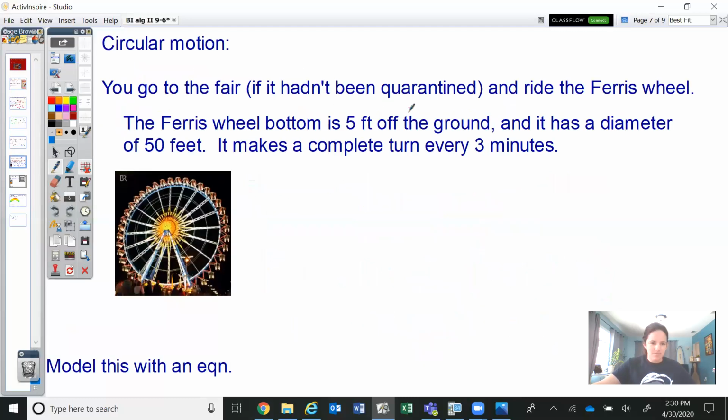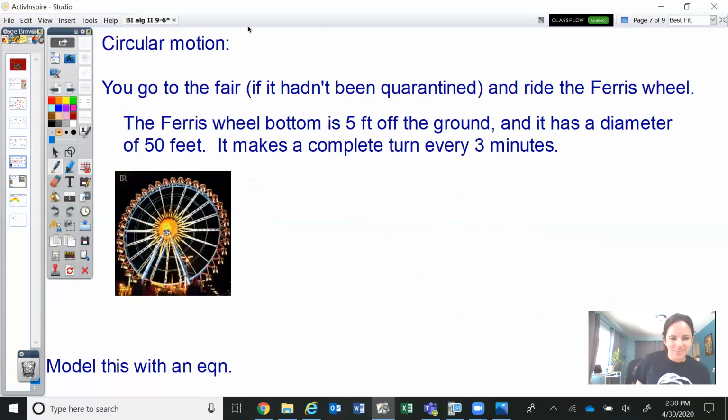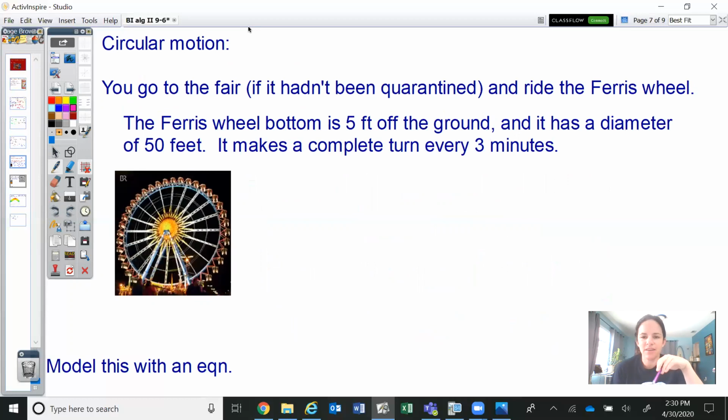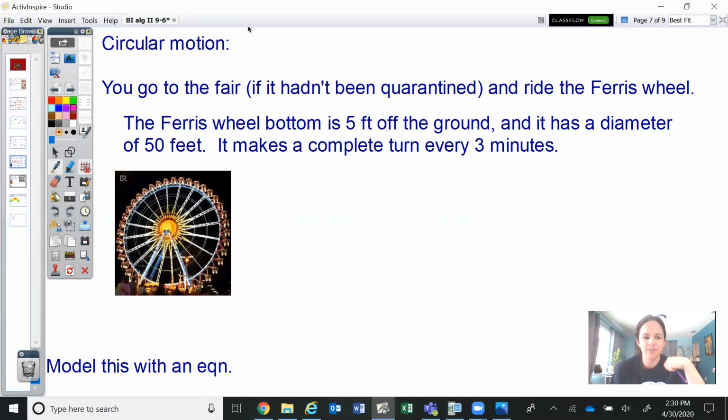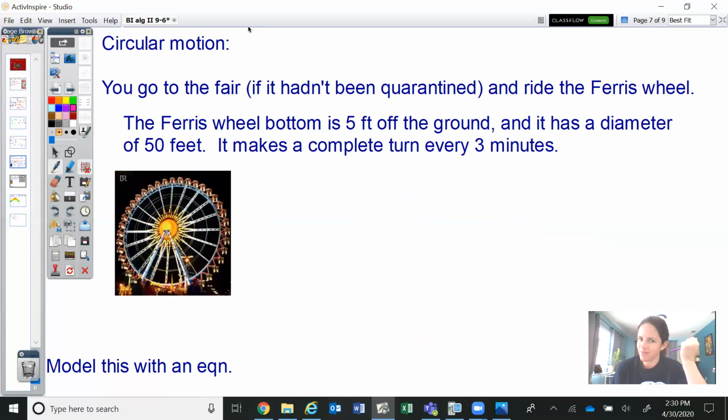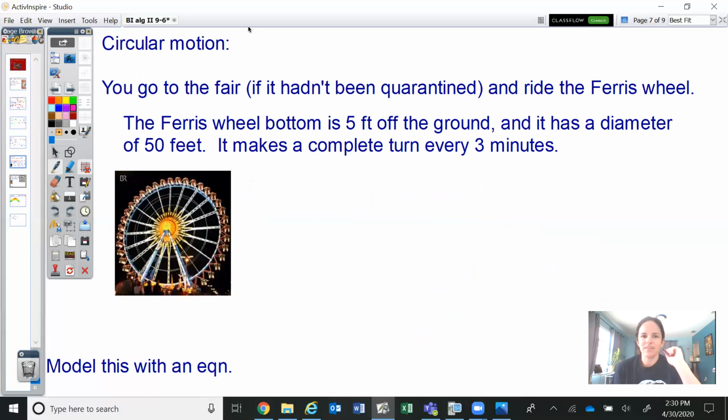And then the next example is a circular motion example. So you go to the fair and you ride the Ferris wheel. The Ferris wheel bottom is 5 feet off the ground, and the wheel has a diameter of 50 feet. It makes a complete turn every 3 minutes. Model this with an equation. So to set this up,